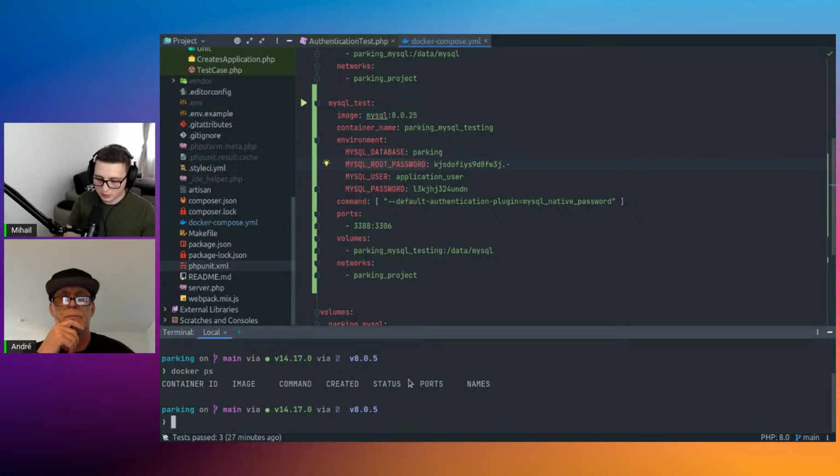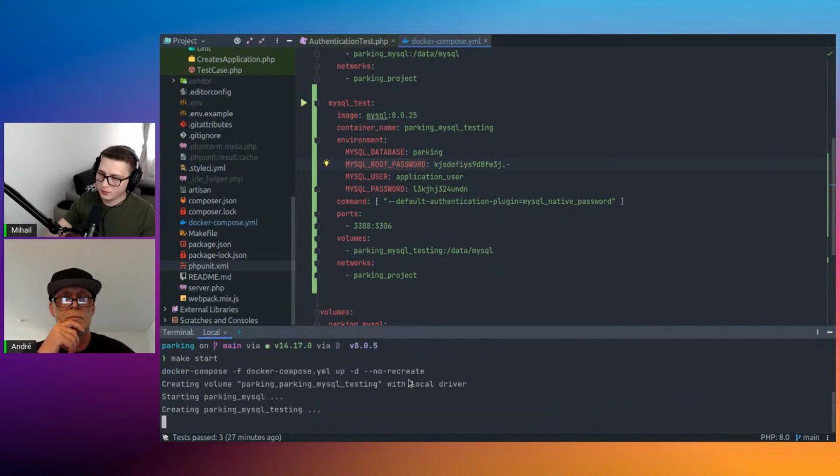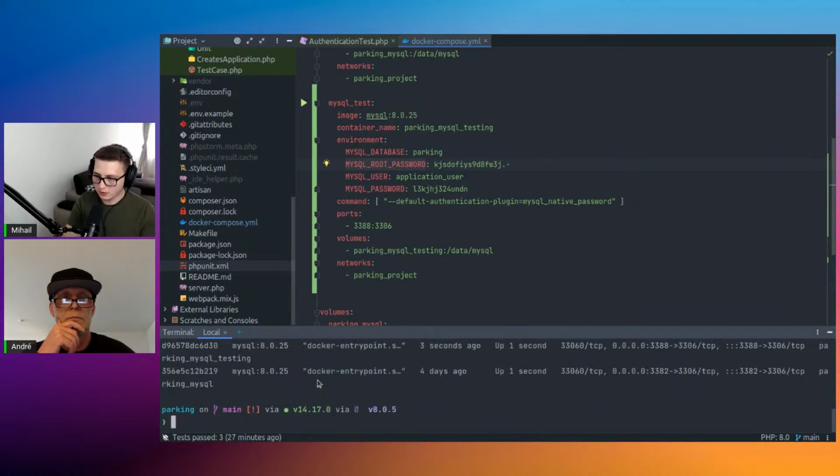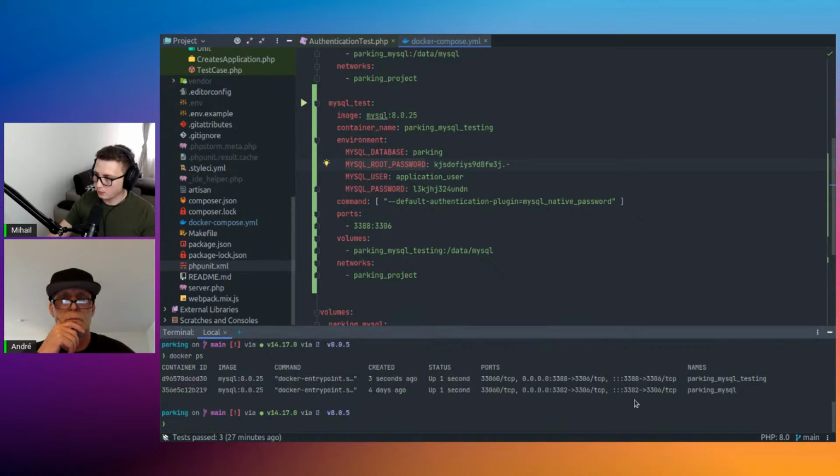Yeah. But if we do make start, we should have 2 containers running, and we do. So this was the main one, and this is the testing one. And all we have to do during the tests is change the port, and everything else is the same. Okay, with this out of the way, let's go to the next task,